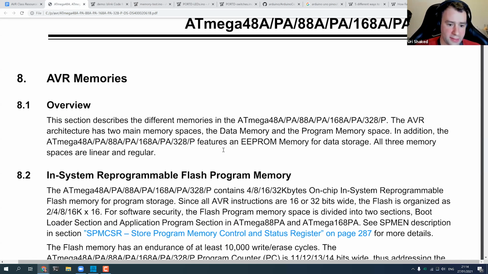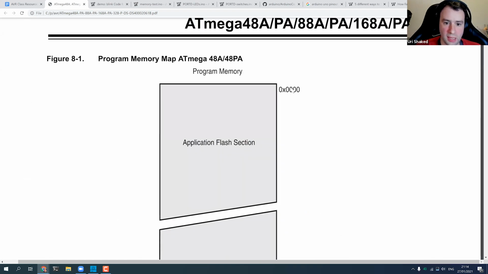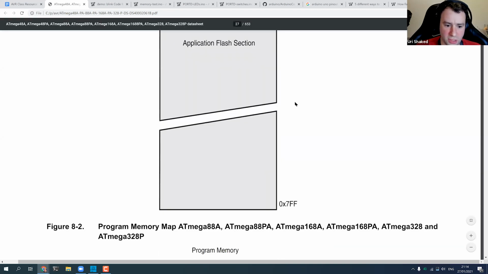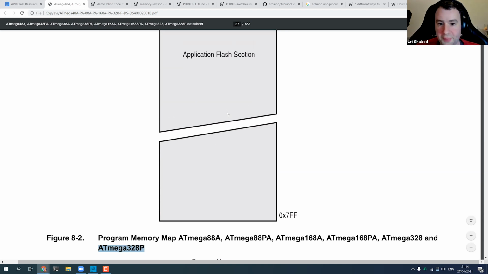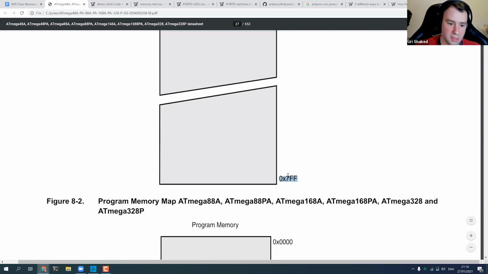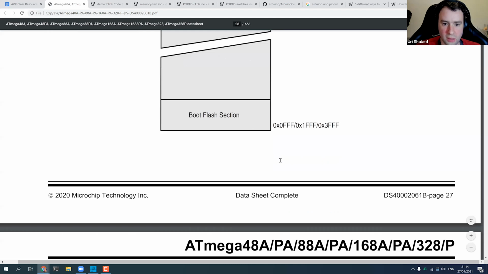And then it goes in depth to describe the memory, and we can see that the program memory starts at this address, and actually, yes, this is for the 32.8. So the program memory starts at this address and ends at this address, and this is for our chip.